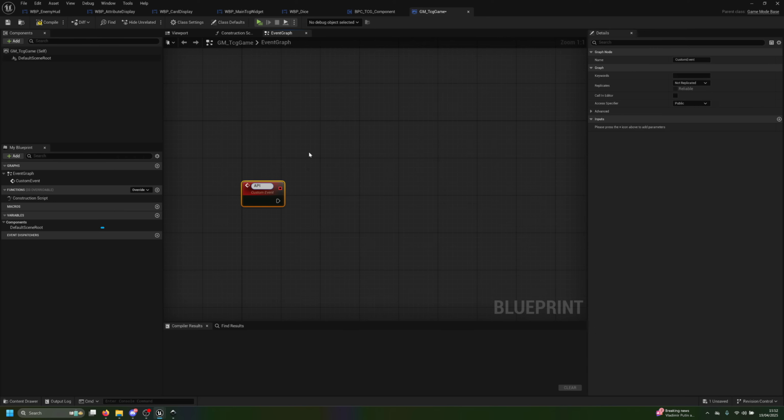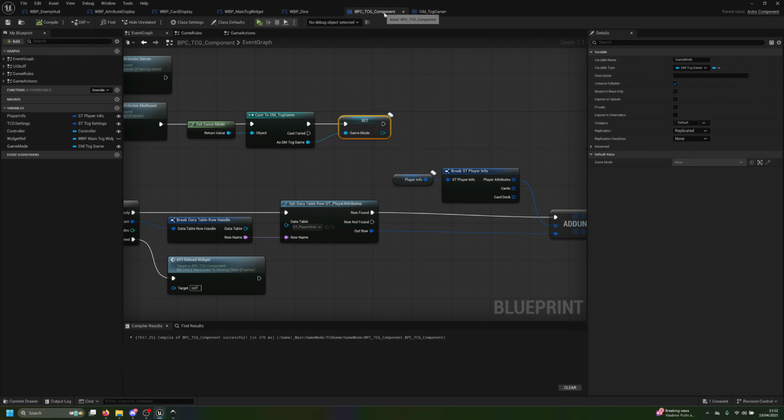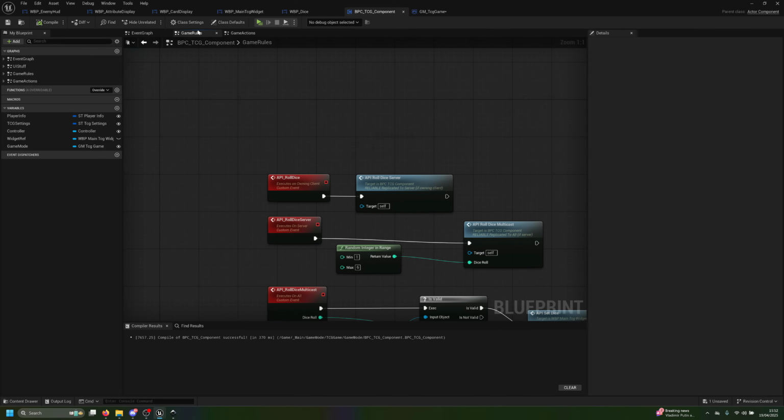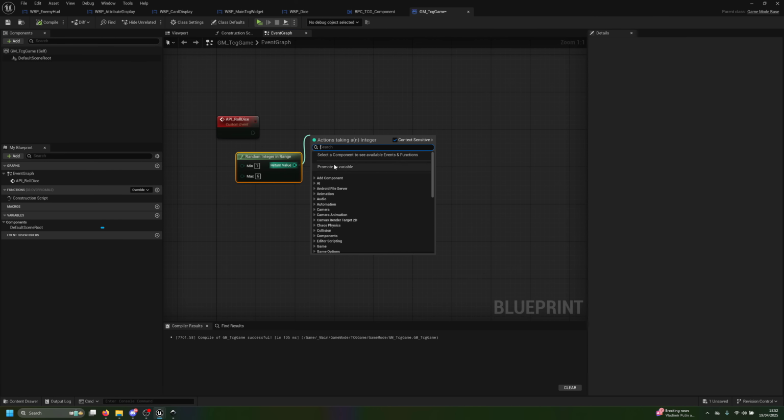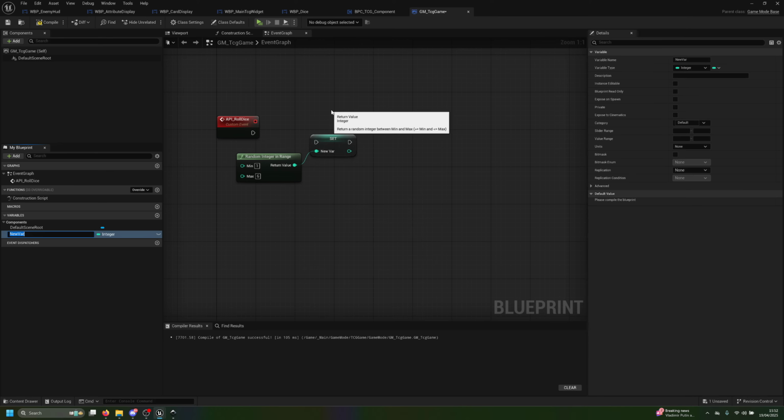And we're going to call this roll dice, right? Now, the reason why this has to run on that is because I need to be able to replicate this across many clients, and I need to only validate this on the TCG game mode. By the way, this game mode, so what we can do here is now we can promote to a variable